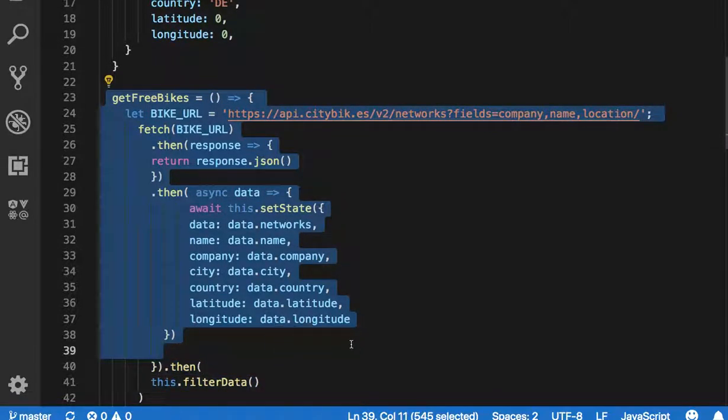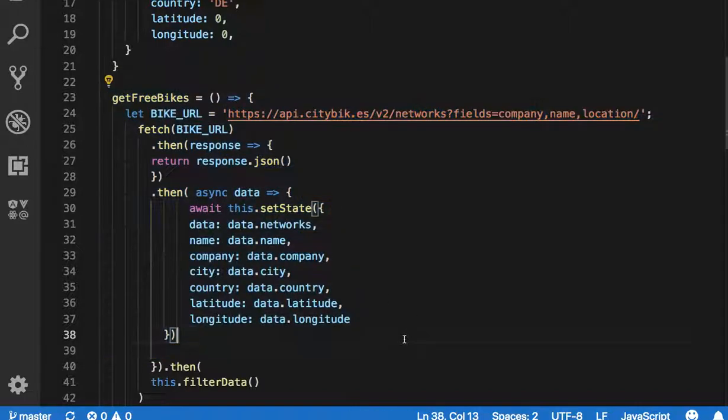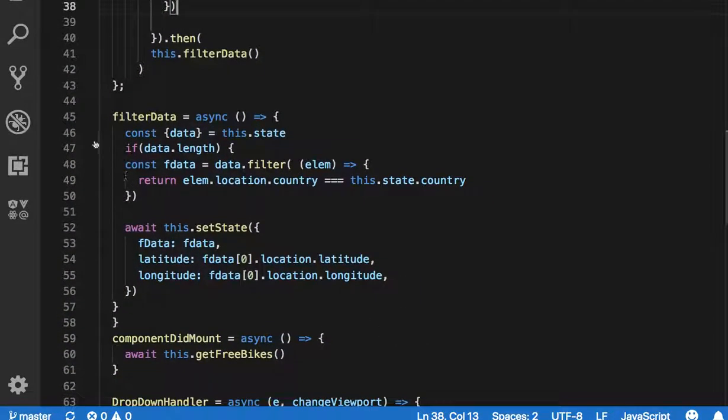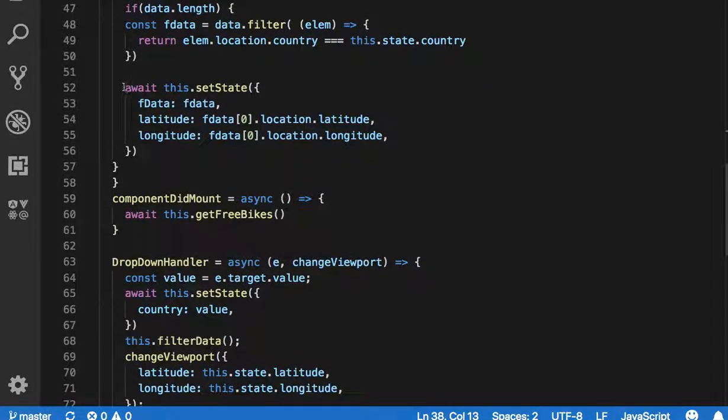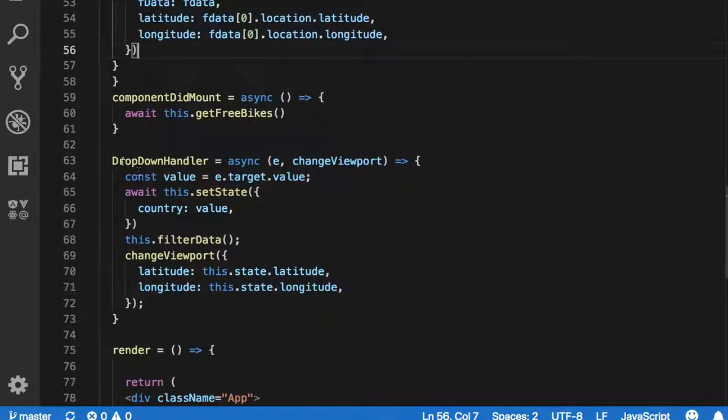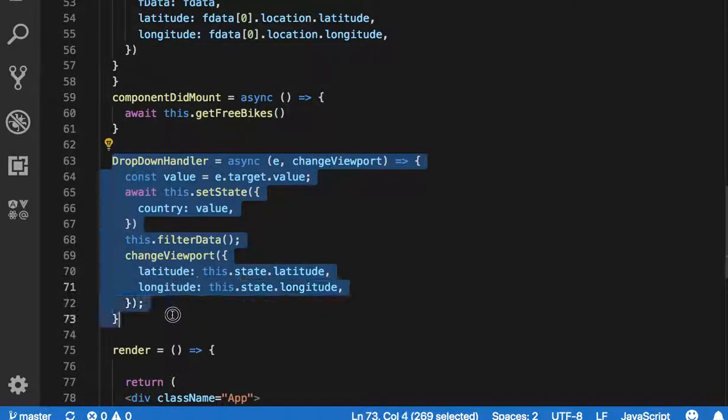And the data was then filtered from this function because the country location is needed for the drop-down list to work. So then I did the set state, to append the country with the longitude and latitude, which is here. And then the drop-down handler function, which is here,